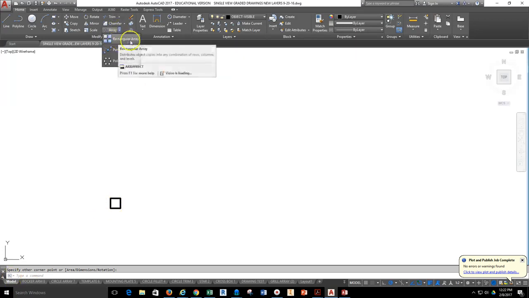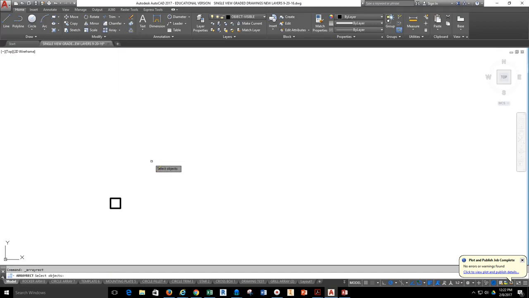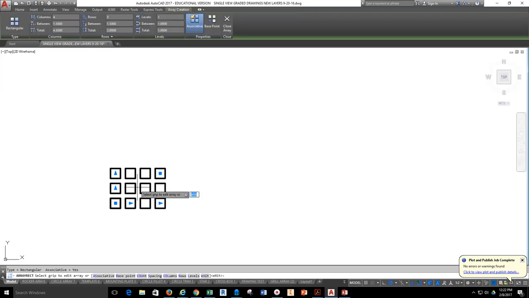I'm going to select rectangular array. My command line now says select objects. So this rectangle is the object that I'm going to be working with, so I select it, and then I'm going to hit enter. Now the array tool gives me several options, and the ribbon bar changes into the array dialog box where I can see columns, the distance between, total numbers, rows, distance between, total distance, and then I can also look at